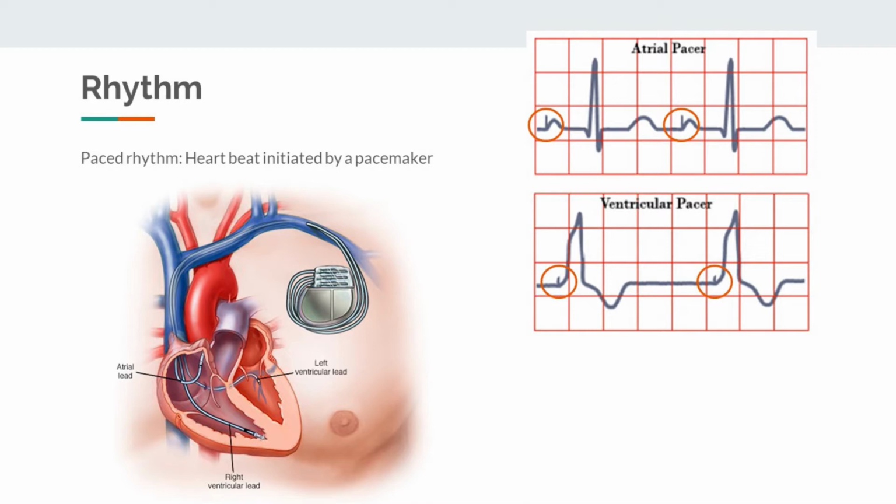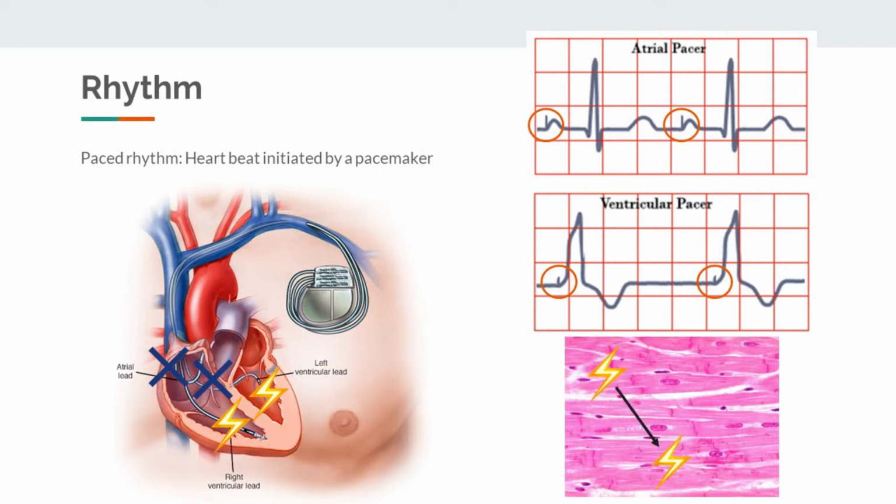As you may have noticed, the QRS complex in this case is shaped a bit differently. This is because the impulses to contract the ventricles are coming from within the ventricles rather than from the SA node or the AV node. This causes the action potentials to be conducted from myocyte to myocyte within the ventricles, which is a lot slower